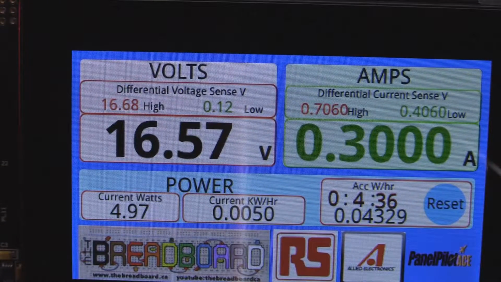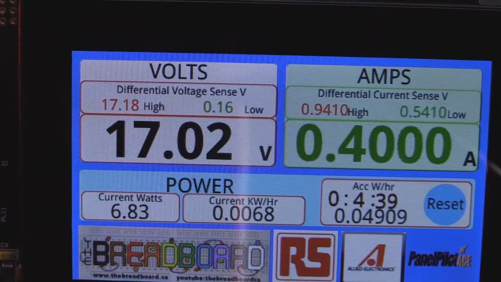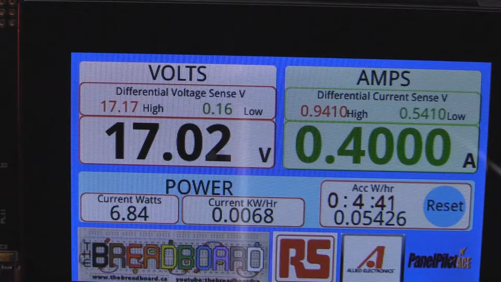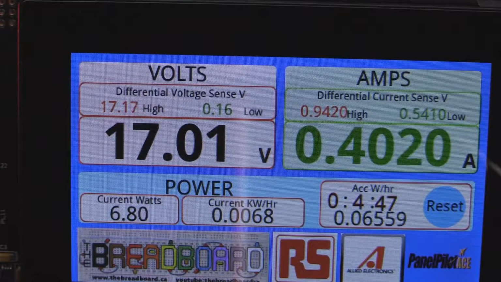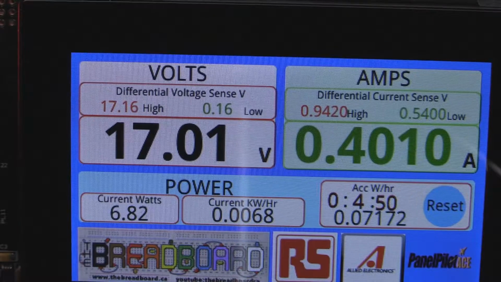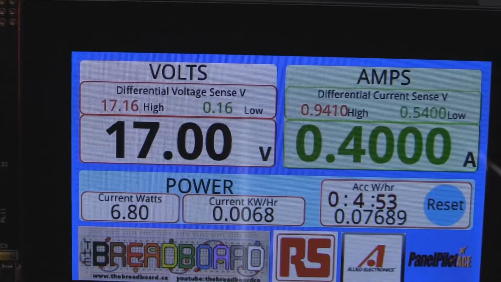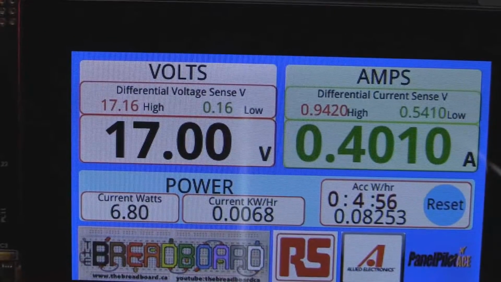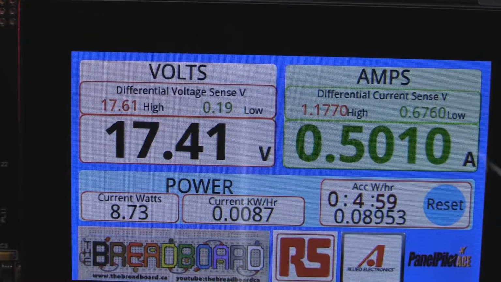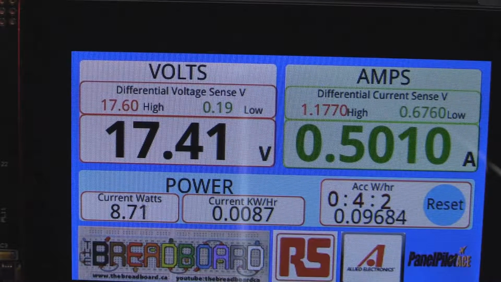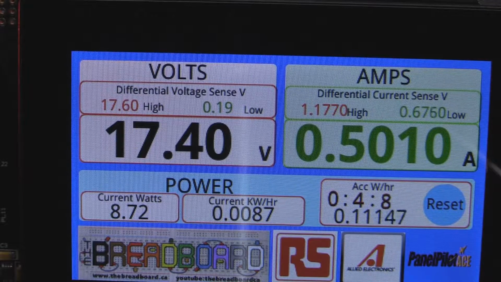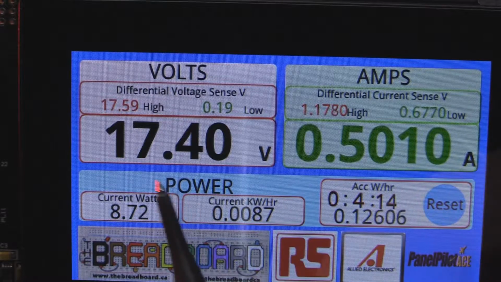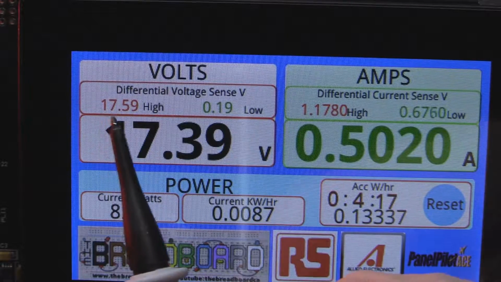Let's go up to about 0.5 amp. This is getting rather bright. Let me just make sure you're able to see things okay. Yep, I'm getting a bit blinded by the light here, so I'm just going to cover the LED a little bit so that I can see what I'm doing. All right, so we have 500 milliamps now. My power supply is reading exactly 500 milliamps, and it is also telling me I'm outputting at its end 17.63 volts. So I've got 17.4 across the LED, but I've got 17.6